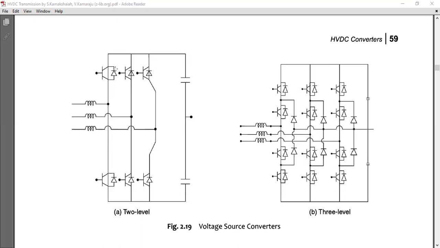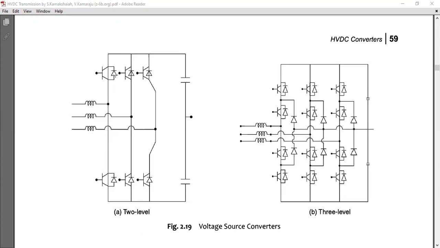Okay, so if you want to use this 2-level bridge in high power applications, series connection of devices is necessary, and each valve is built with n number of series connected turn off devices and anti-parallel diodes. Depending upon the voltage for high power applications, we use the number of series connected IGBTs and diodes, or we can use any turn off devices. How many we have to use depends upon the supply power, the rated power of the bridge.